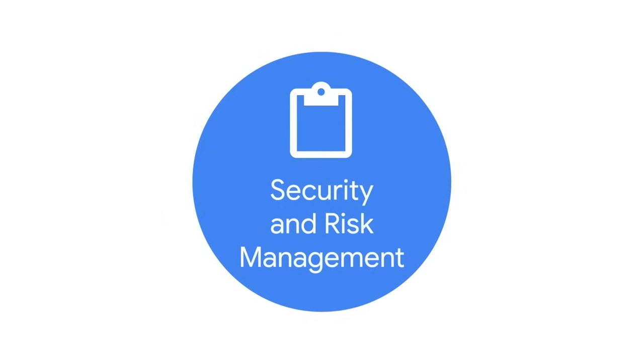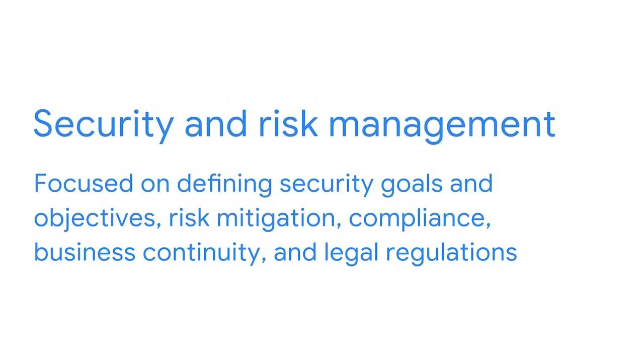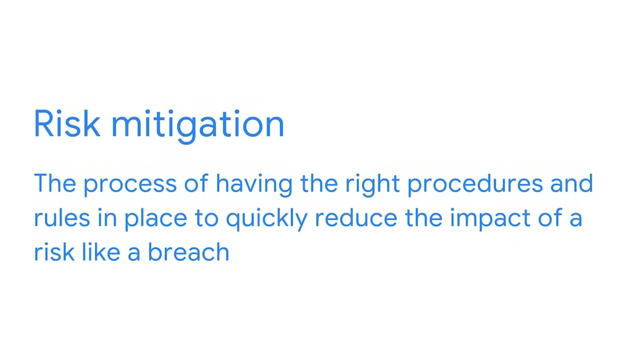The first domain is security and risk management. There are several areas of focus for this domain: defining security goals and objectives, risk mitigation, compliance, business continuity, and legal regulations. Let's discuss each area of focus in more detail. By defining security goals and objectives, organizations can reduce risks to critical assets and data like PII, or personally identifiable information. Risk mitigation means having the right procedures and rules in place to quickly reduce the impact of a risk